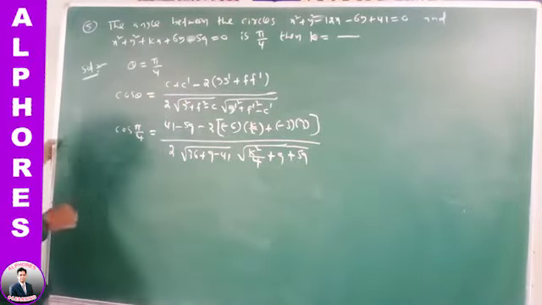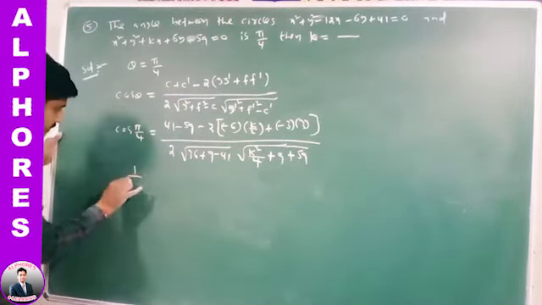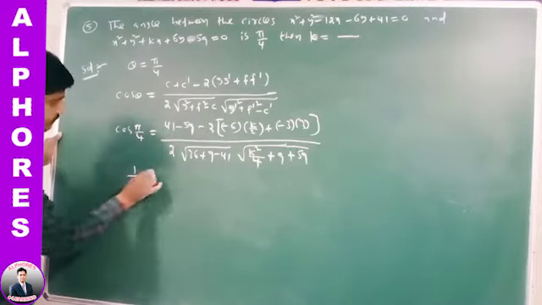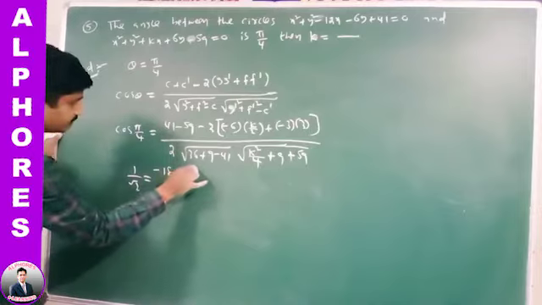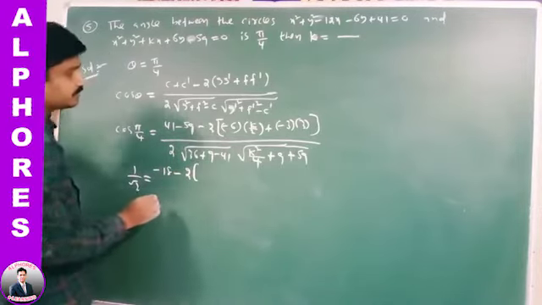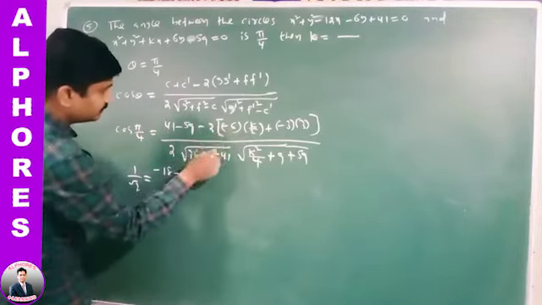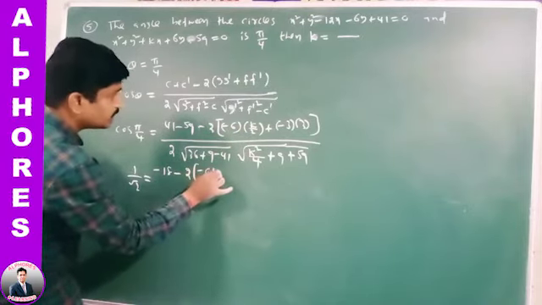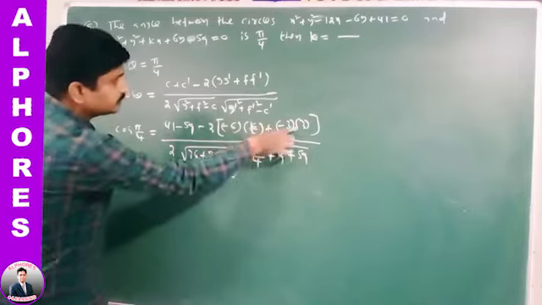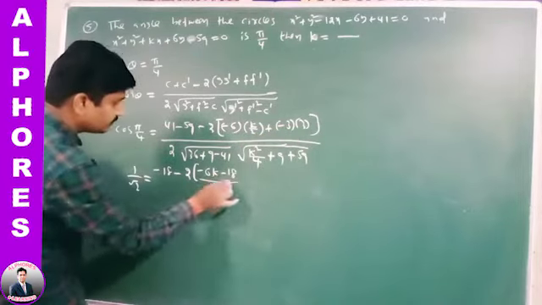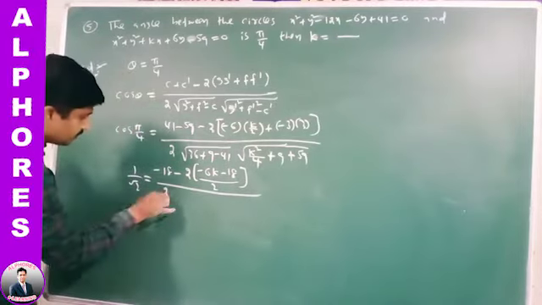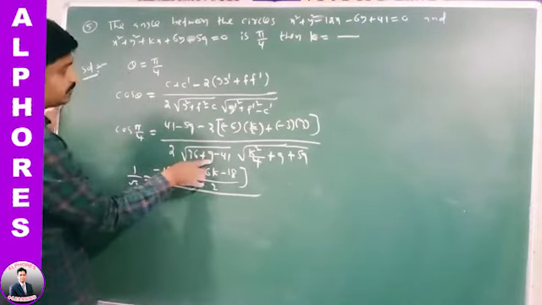Okay, next cos 45, it is 1 by root 2, 41 minus 15, it is minus 18, minus 2 of LCM. Here minus 6k minus 18 by 2. In the denominator 2 into